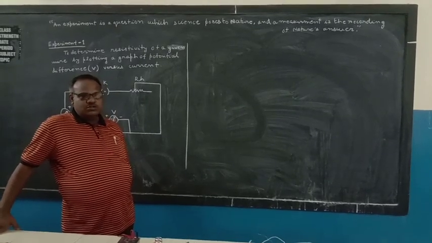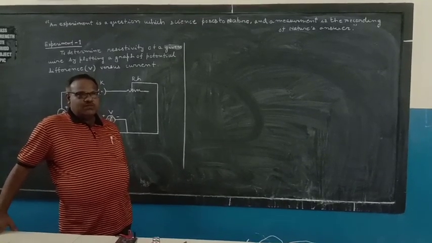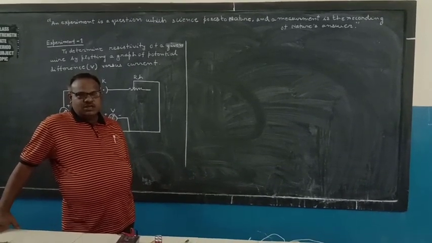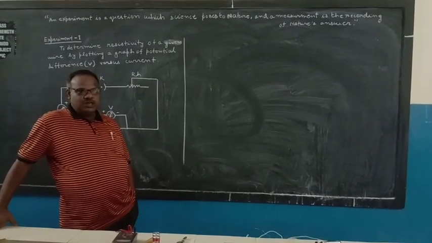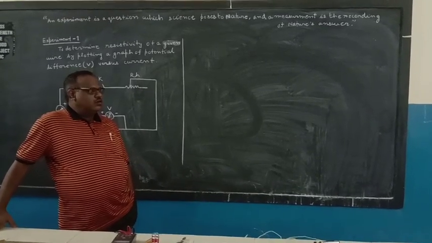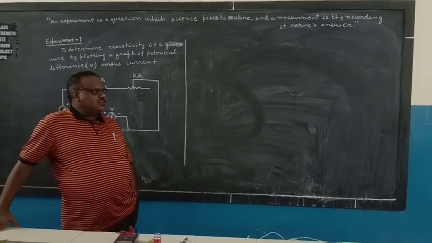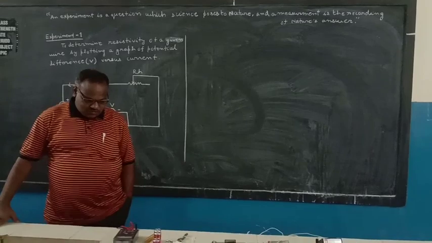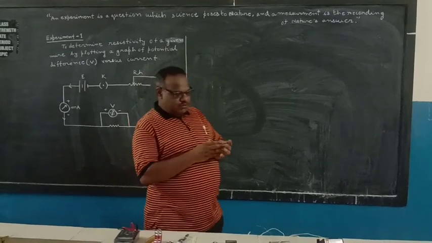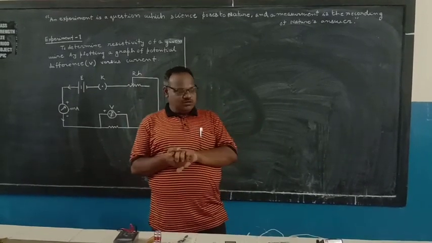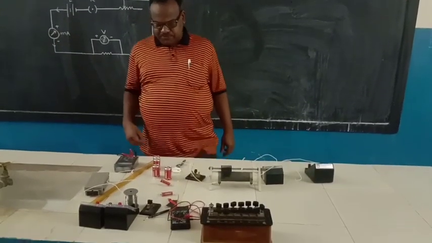You have also read in theory the different measuring devices, the meter bridge and the potentiometer, for the measurement of resistance, for the measurement of EMF, measurement of internal resistance, and comparison of EMF of cells with the help of the potentiometer. So these are the experiments. Let us first see the different instruments we usually use in current electricity.